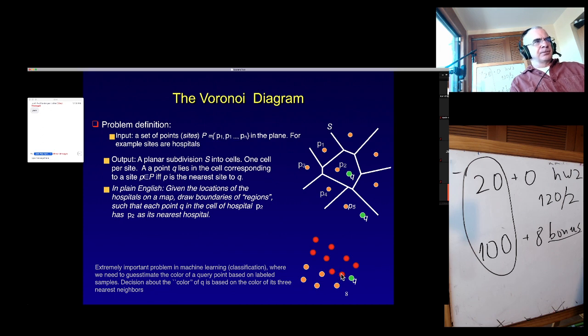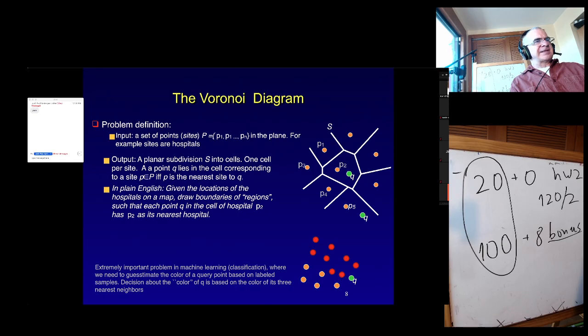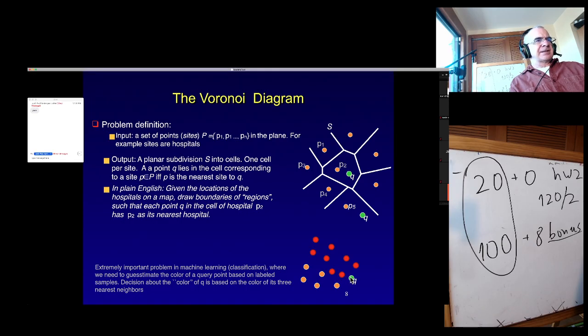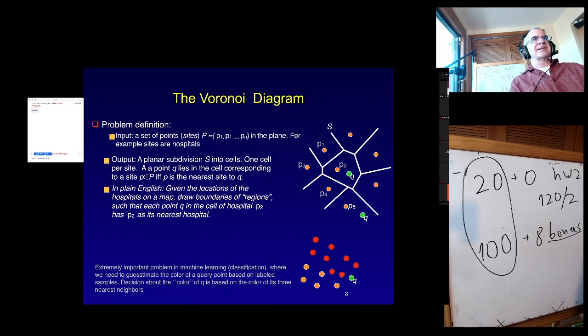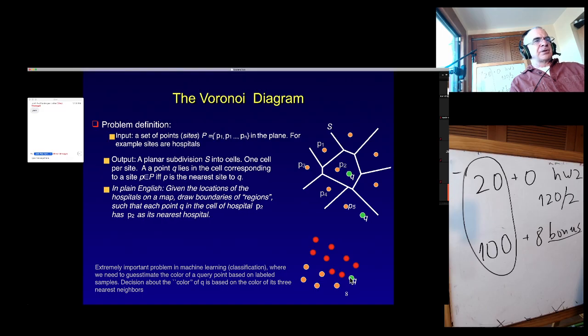So what should I do? Or what will a common nearest neighbor algorithm do? It will say, tell me what is the animal that is the closest to Q. If it is a dog, then I'll say that probably Q is a dog. If it's a cat, I'll say that Q is probably a cat. That will be by finding the single nearest neighbor. Or you can ask, find from Q the first nearest neighbor, the second nearest neighbor,